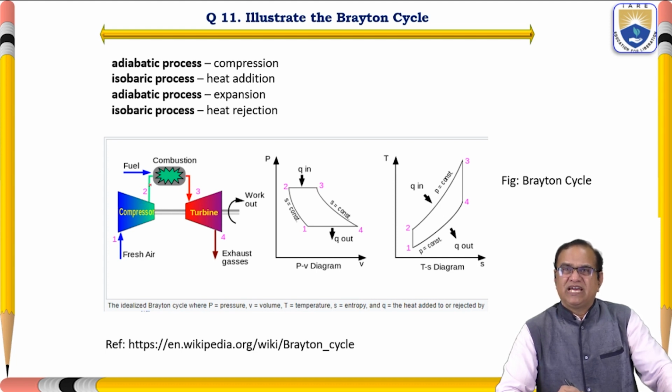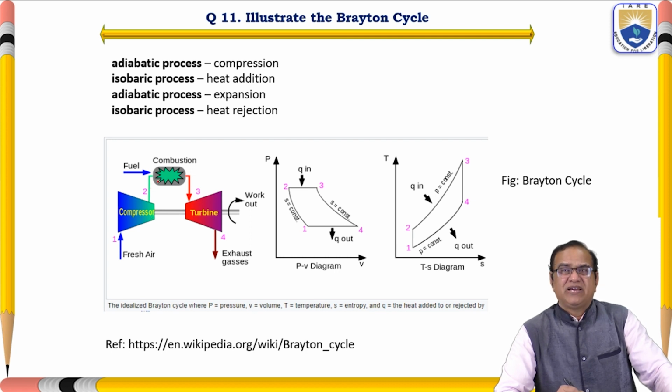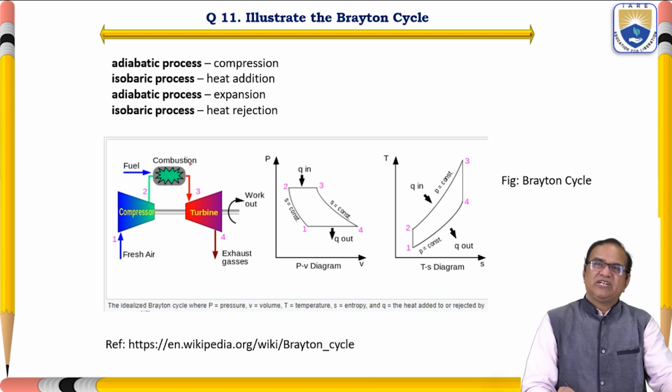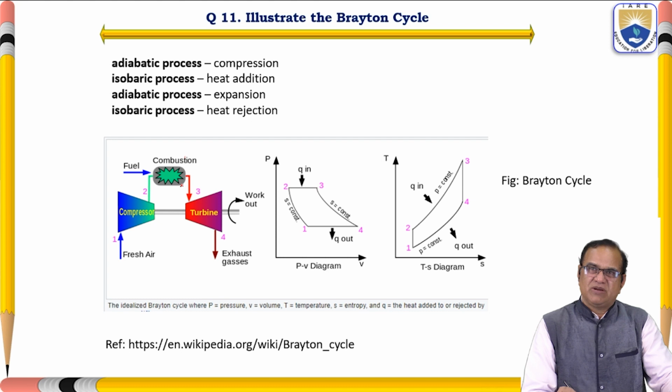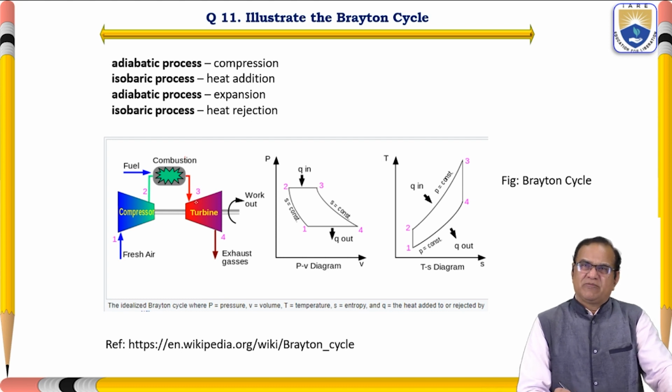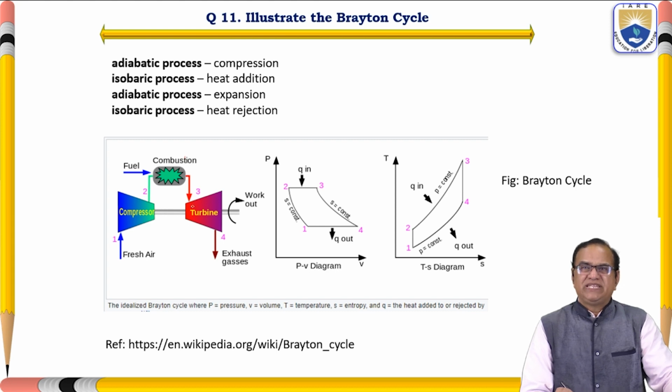From 2 to 3, here we are injecting some fuel. This fuel may be burned by the torch igniter, or it may also be burned for starting by the spark, but after that it will be continuously burning by its own heat. From here, the temperature and the pressure are increased in the combustion chamber. The high temperature and high pressure gases enter the turbine. In the turbine, if you see, the pressure and the temperature are very much lowered here,